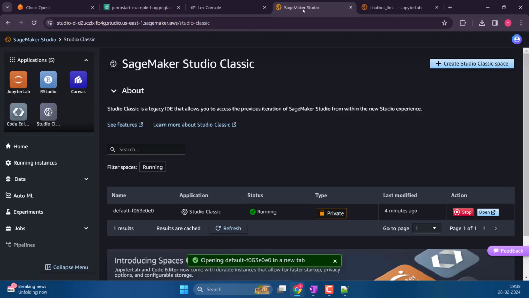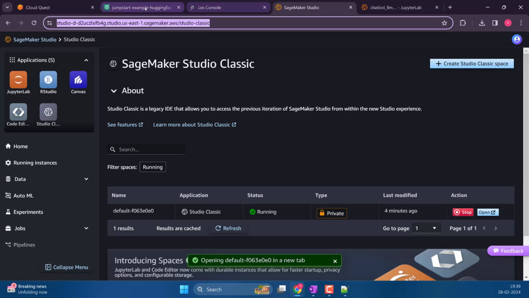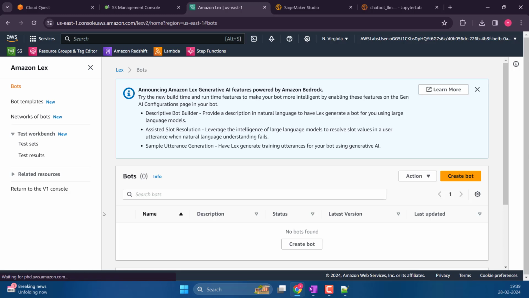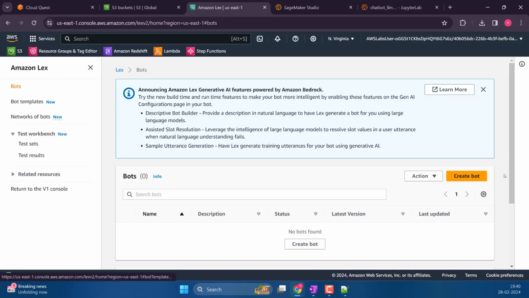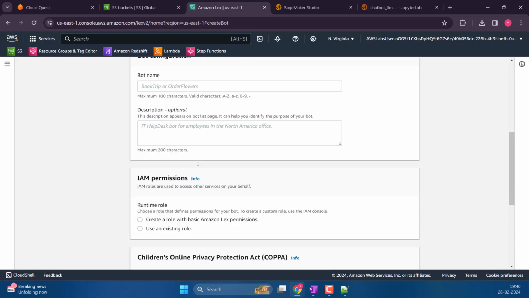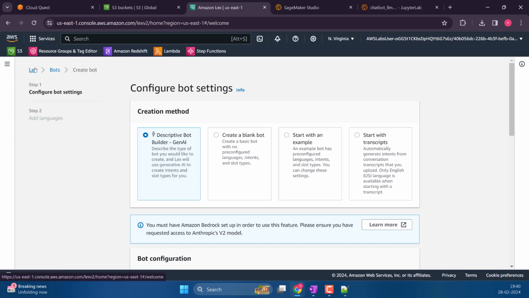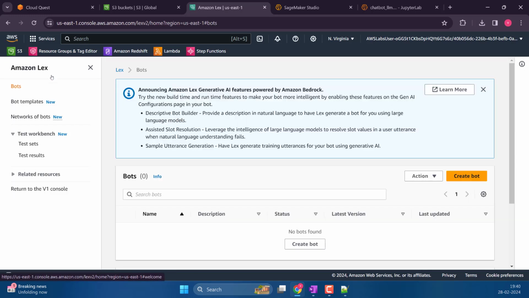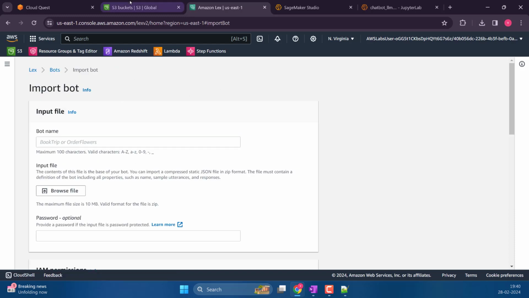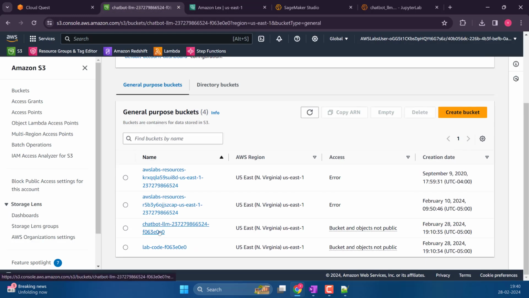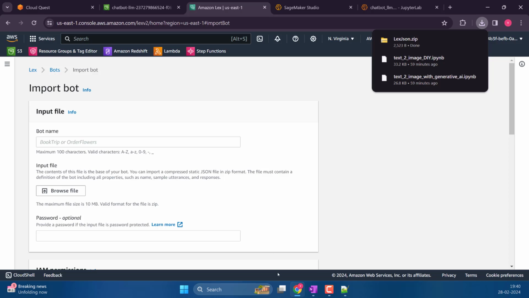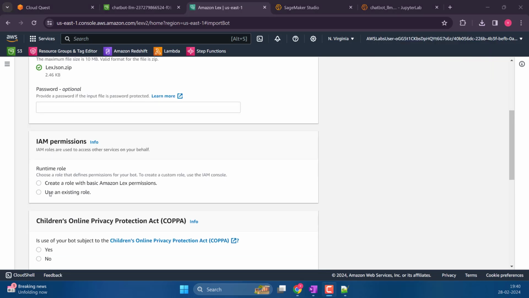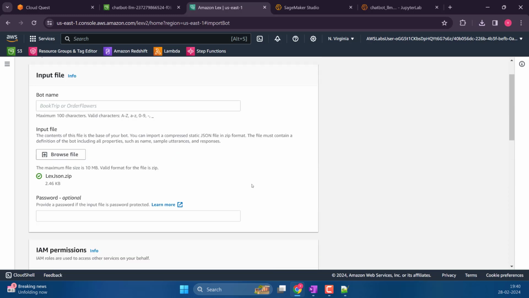And in the meantime, let me also go to, okay, not here, maybe here, S3. Okay, because we don't have any bots created, we need to import. Or how did they do it? Did they create a bot? I didn't see any of this, right? Did we? No. So let's go to Lex. Bots, Actions, Import. Let's do that. So let me go here. Chatbot LLM. Let's click download. Let's come here. Let me browse for the file. Okay. And once we do that, let's use an existing role and let's select that one.